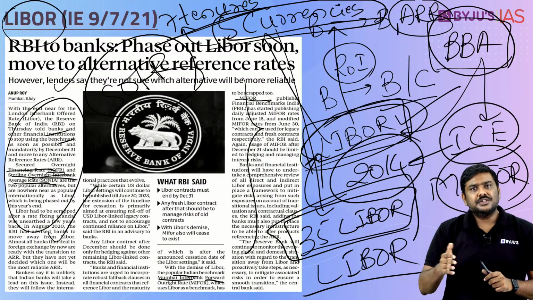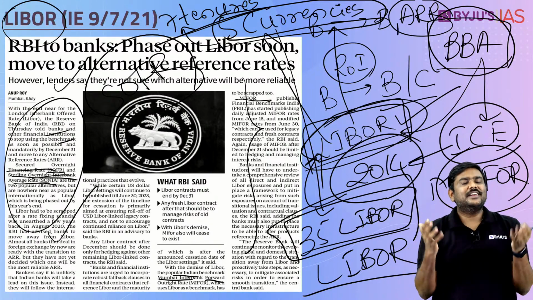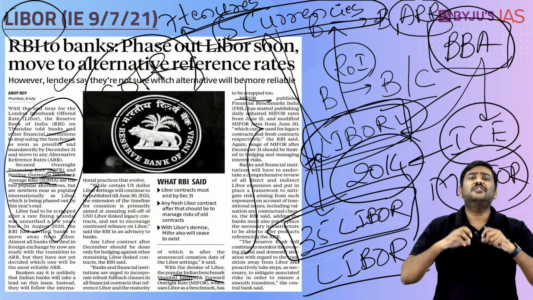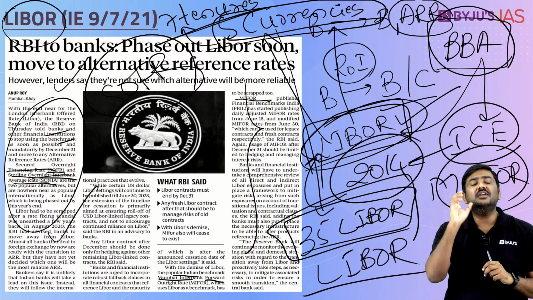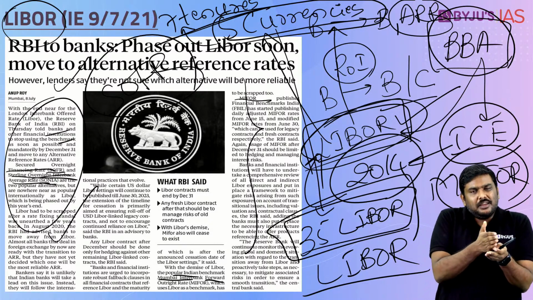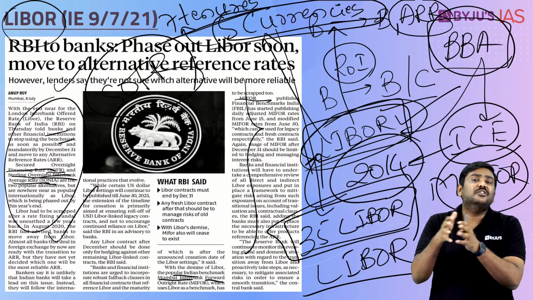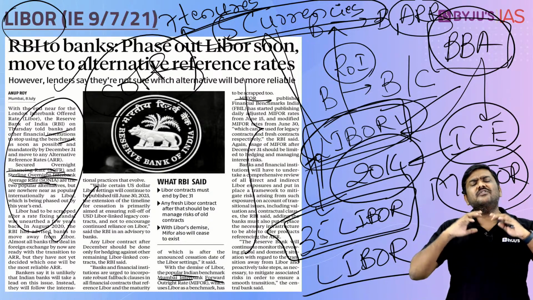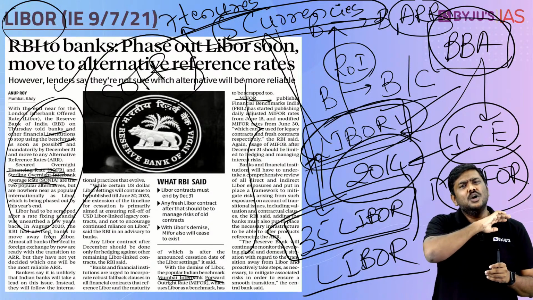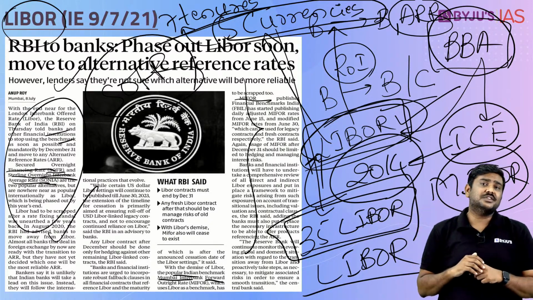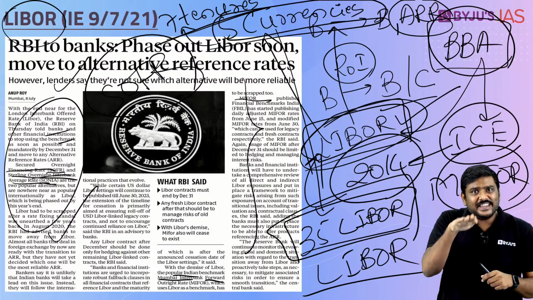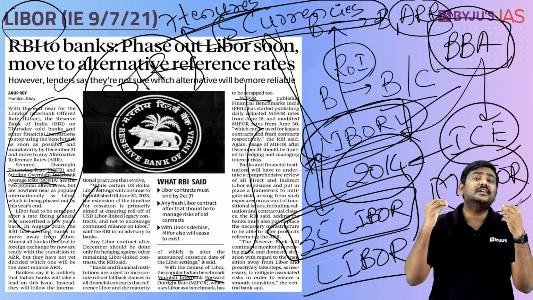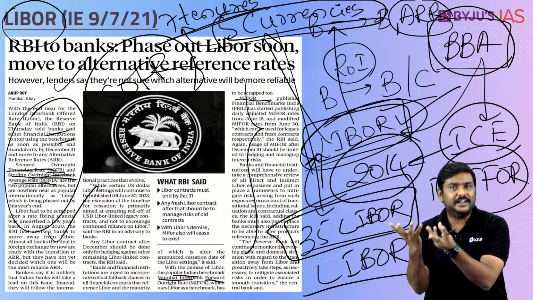Now going beyond this, many of the experts have already stated that even though we want to discontinue LIBOR, there is a lot of difficulty with respect to this. What are the difficulties? LIBOR came into prominence post 1985, and in the last 3.5 decades, LIBOR has become very famous and has been used worldwide in many of these transactions. So on this scale, which is acceptable globally, there is no other alternative benchmark which is available right now.